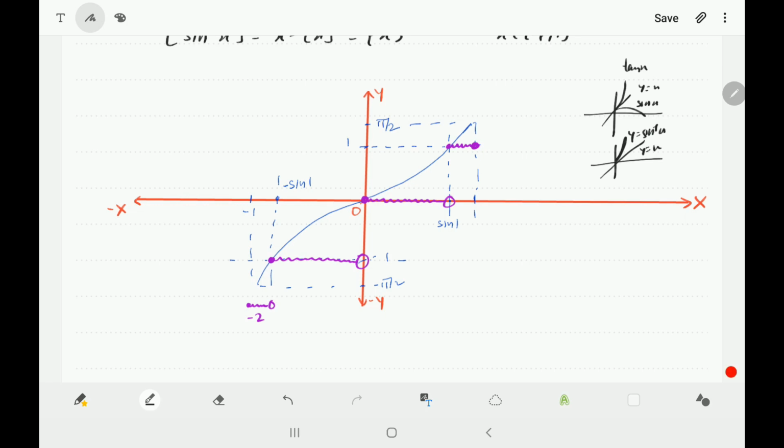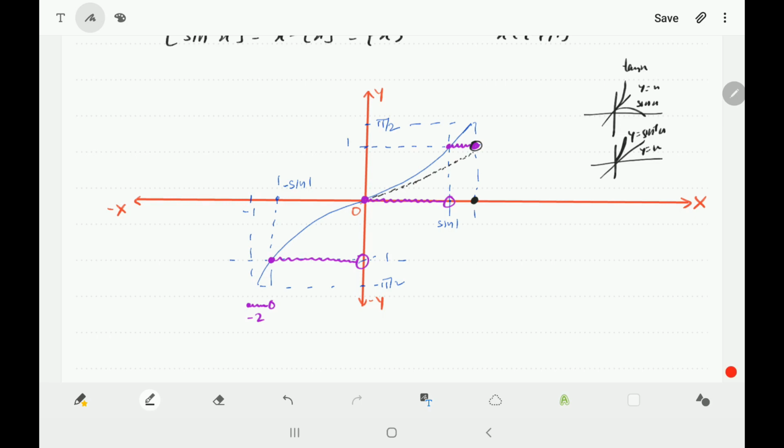Is this clear? If I am drawing the graph of fraction x in the interval closed 0 to 1 open, it will be y is equal to x only. So the graph of this line will go like this. This is the graph of y is equal to fraction x. At 1 the value will come to 0, so it will have an open point here. So fraction x will go like this.